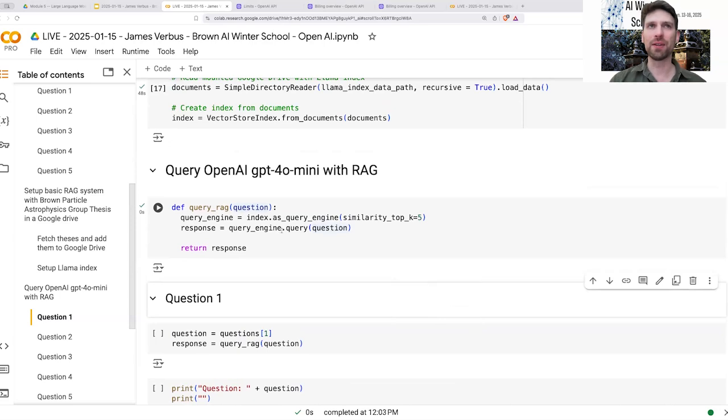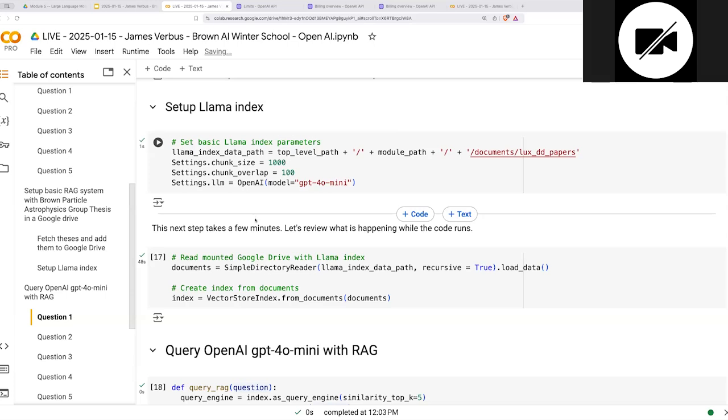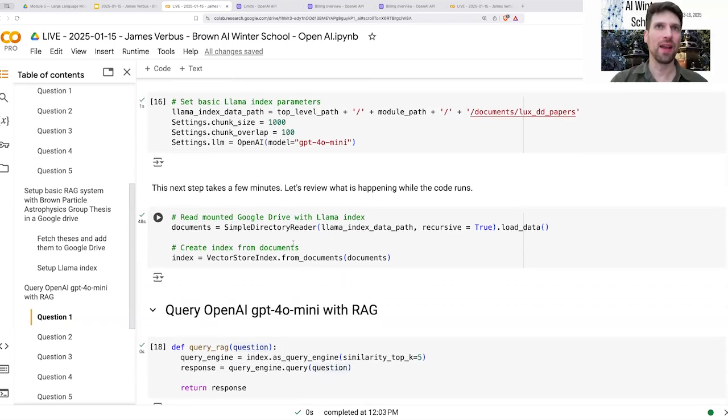So was everybody able to get this far? Are there any people getting stuck in setting up LlamaIndex? No questions being flagged at the moment. Sounds good. Okay, so